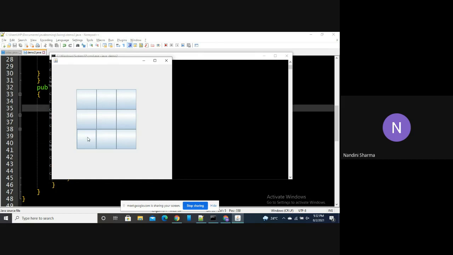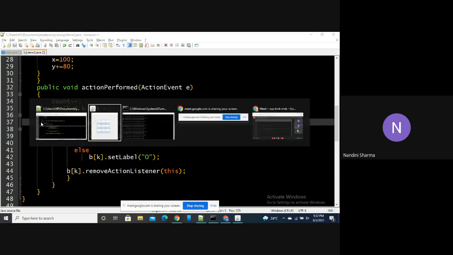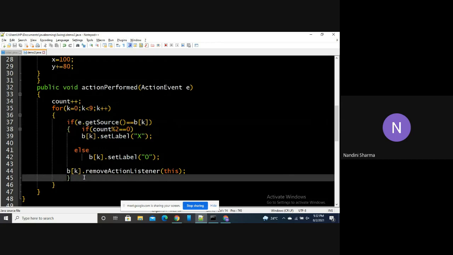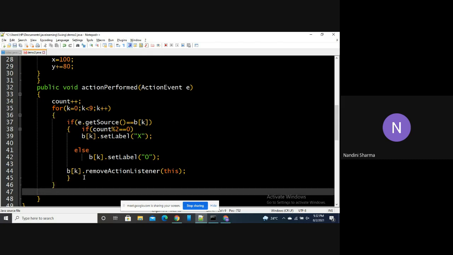So there are total 9 conditions in which a person can become a winner. So let's add the condition for a player to become winner. Outside this for loop and inside the action performed, we will add our condition for the winners.